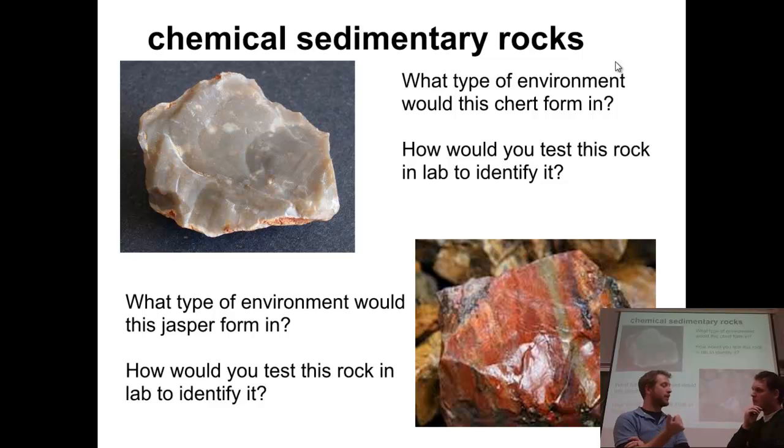The limestone takes a lot of the carbonates out of the water and makes a skeletal structure. So do some of the cherts, but this time instead of carbonates, they take silicon out. They get this really silicon-rich ooze almost, and they set it as their skeletal structure, and that's basically how the rock forms. Jasper is the same process, except we have iron mixed in, and it changes the color